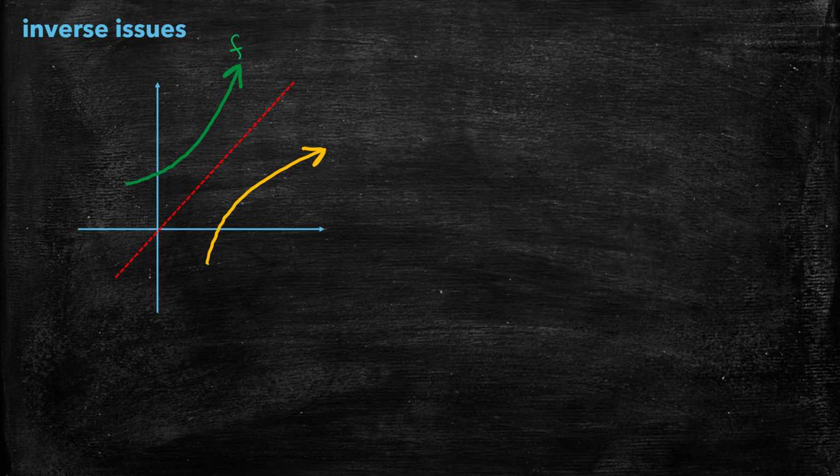So now we need to look at some complications that arise when dealing with inverses. Let's start by graphing the function f. And we know that one of the properties is that you can create the inverse by reflecting over the line y equals x. But we run into a little bit of a problem. All's good and well right now, but what if this function f kind of went back up, like a parabola? Then if we continue to graph the inverse, the reflection, it would go like this,